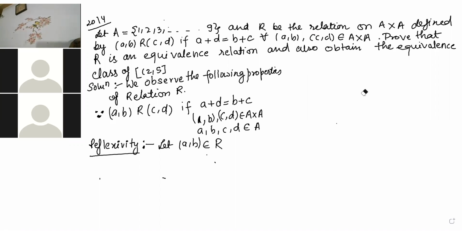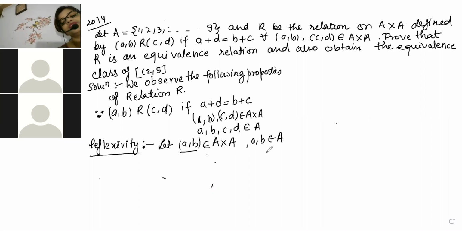Then according to the condition, what do we have to do? We have to say that this element is exactly, oh, I wrote R, super. This (a, b) I'm saying, it will be an arbitrary element of A cross A. You can also write that for all a, b belonging to A.